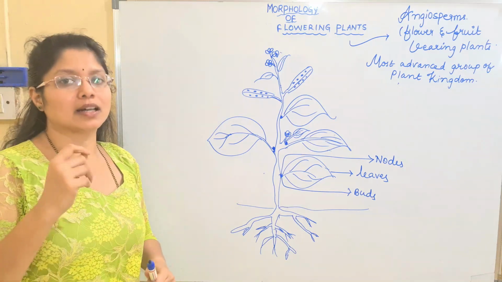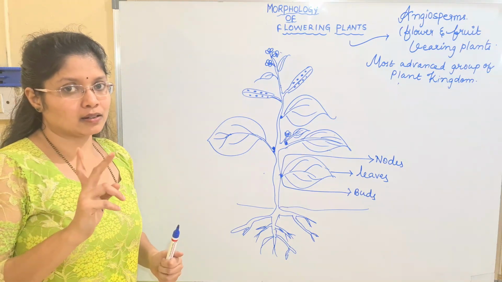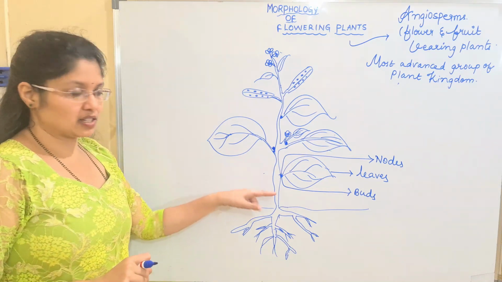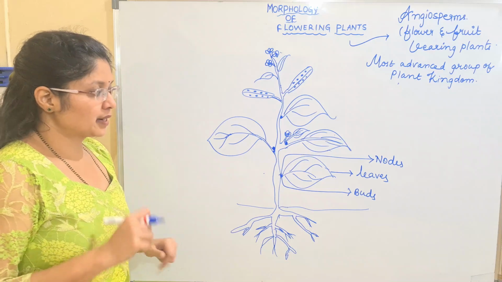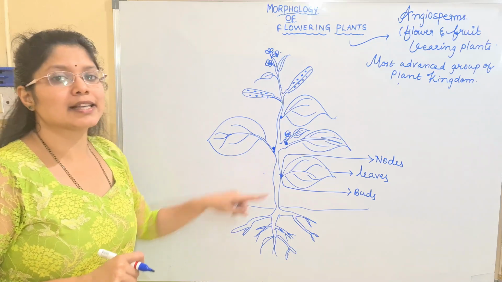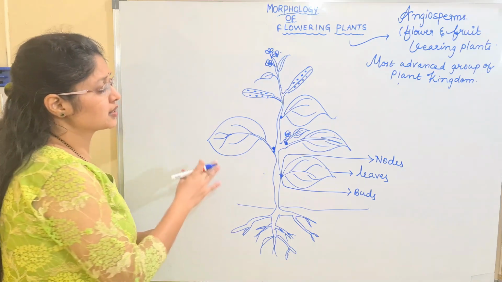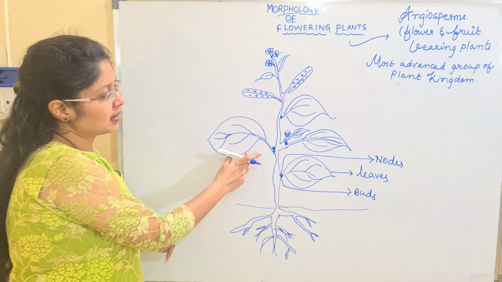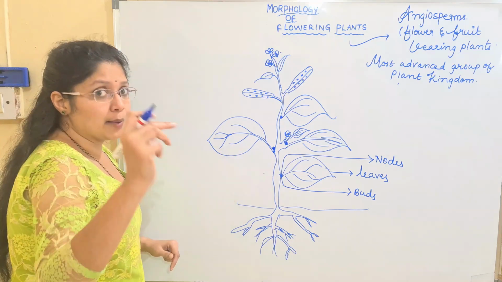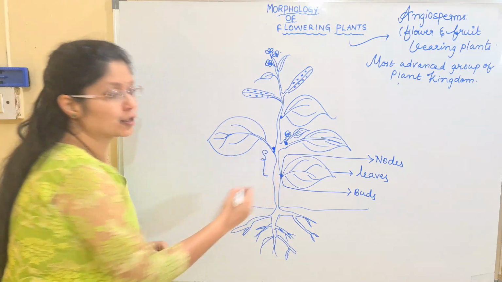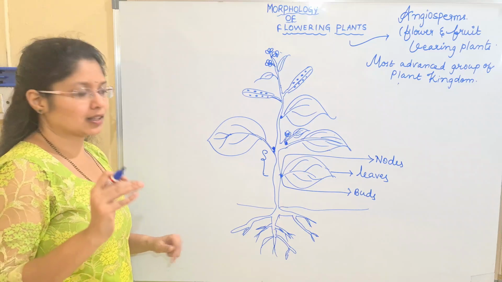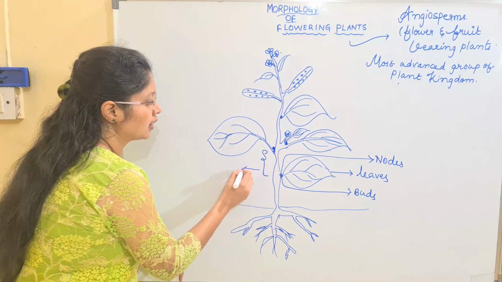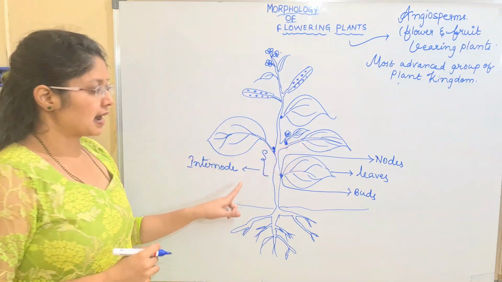Then what about the internode? We have two main things you have to remember. One is the node and the other is the internode. Node we have seen. Then what is the internode? The gap between two nodes is said to be the internode. If you look at the picture, there is one leaf here and there is another leaf present here. We have two nodes here. So the gap between two nodes is said to be the internode. Internode is nothing but the interval or gap between these two nodes. So, nodes and internodes.